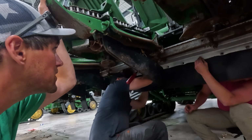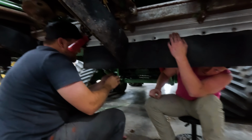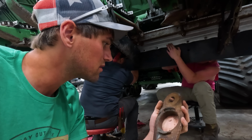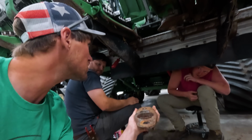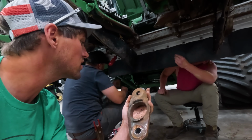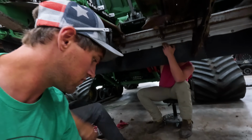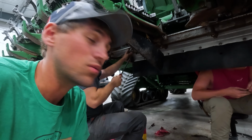Something not being tight enough, maybe? My assumption is, I don't want to say. I think it's potentially using the old bushings with new blades has now ruined both parts. That's what I wanted to say. But the thing that's so strange to me is why would it, shouldn't this be tight to the bushings? The bushing can't move in here? Maybe the lock nuts were reused, which we do, and then they loosened just enough to allow that bushing to turn in this, because I'm pretty sure this is supposed to push the bushing tight, and then the knife is supposed to just swing in that gap. So, nonetheless,